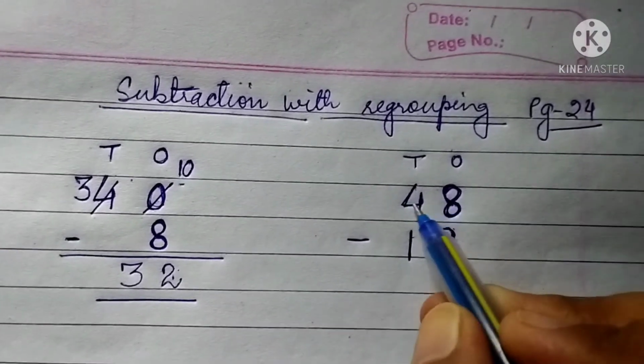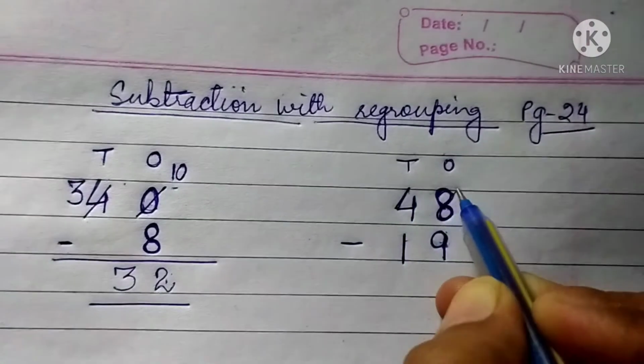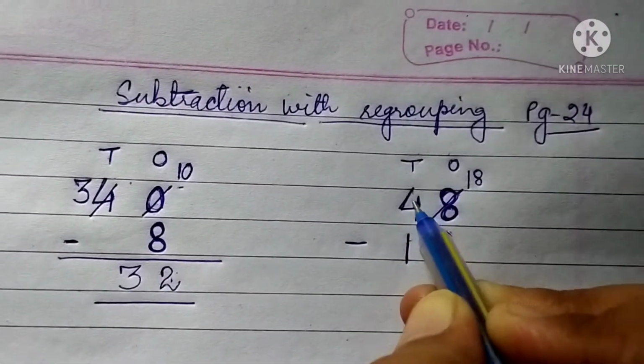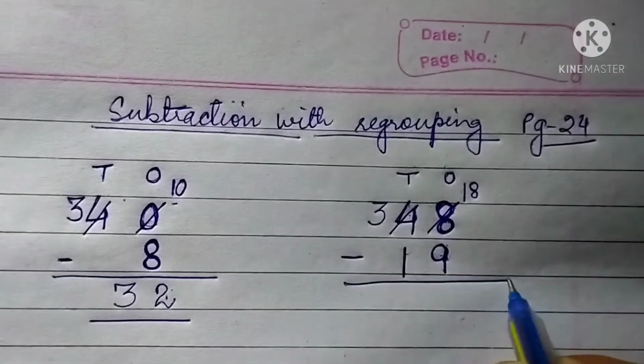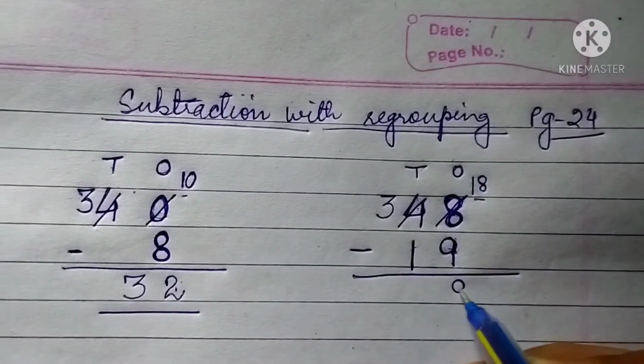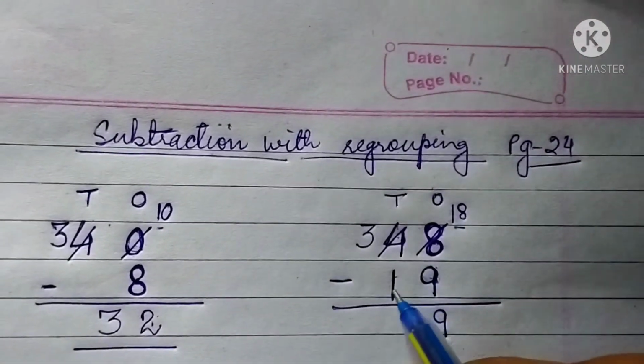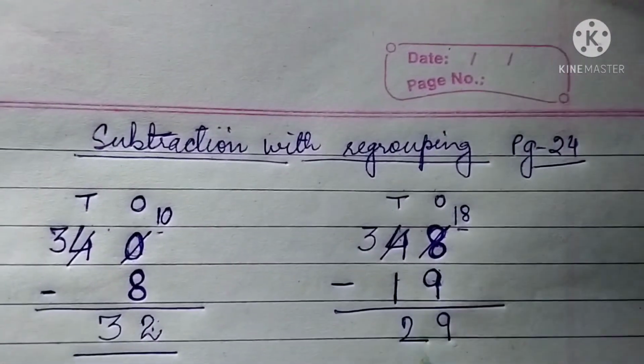So the same story again, this will take 1 tens from here, so it will become 18, and this has given this to this, so it will become 3. So now we will subtract. 18 minus 9 will become 9, and this 3 minus 1 will become 2. Okay,